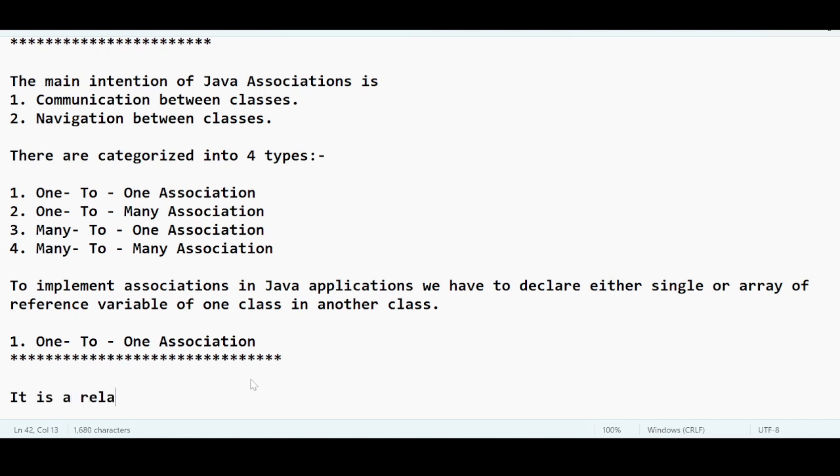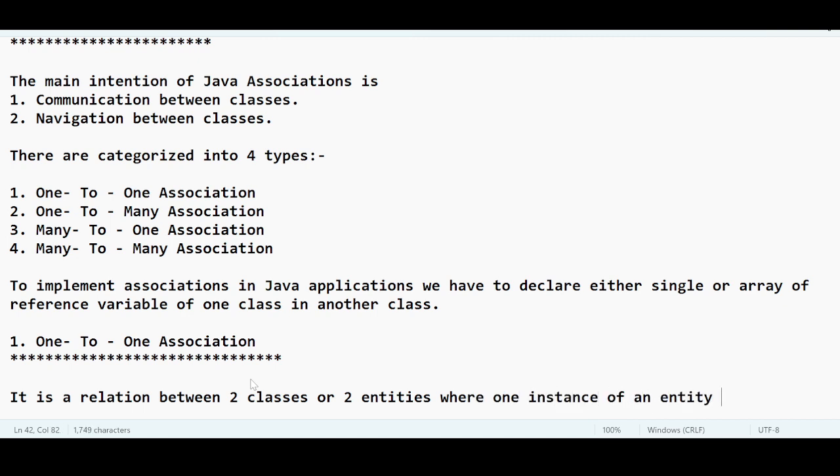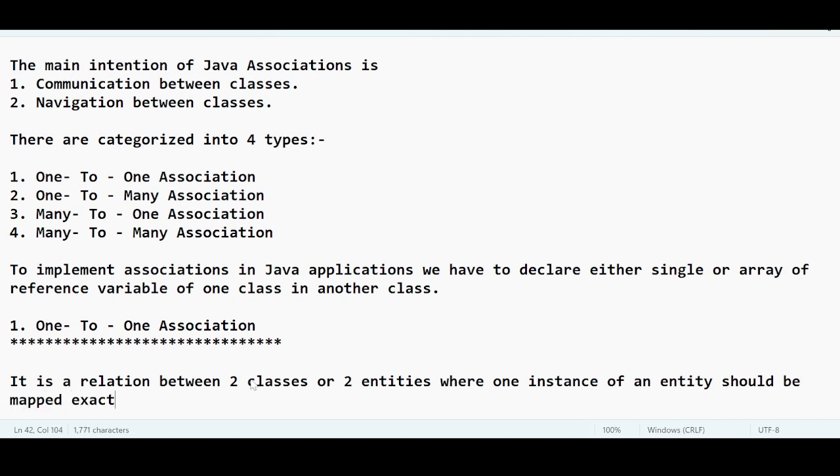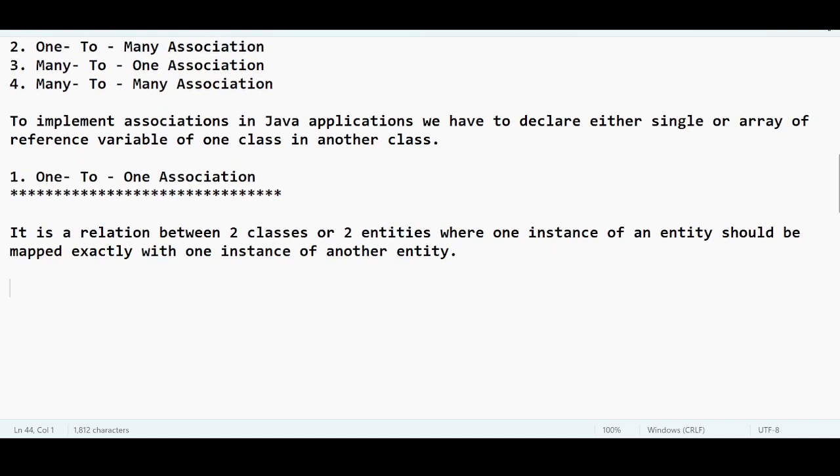It is a relation between two classes or two entities. You can also call it entities, where one instance of an entity should be mapped exactly with one instance of another entity. Okay, example,